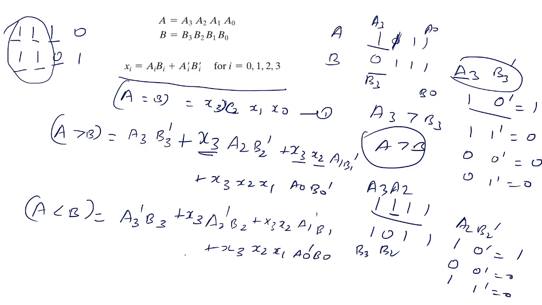The same thing can be solved like what I have done earlier. Your B3 should be 1 and then A3 should be 0. In that case only this will become 1. In other cases it will be 0. While checking the second bit, A2 bit, your A3 bit and the B3 bit should be equal, then only I need to check. Otherwise no need to check. Otherwise directly if X3 is 0, the total term becomes 0. If X3 or X2 is 0, the total term becomes 0. If X3 or X2 or X1 is 0, the total term becomes 0.